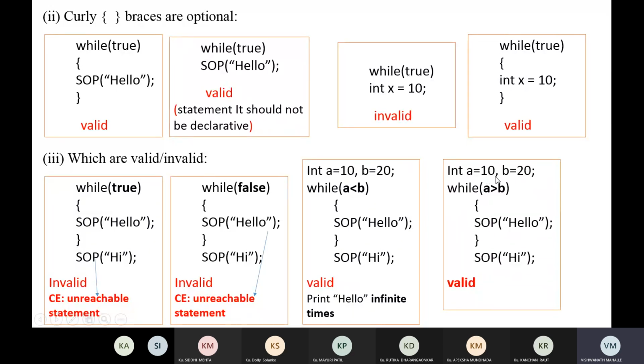Similarly here, integer a is equal to 10, and a is greater than b is false, so hi will be printed. So that is valid. You observe the difference. If you pass a boolean literal, then this will not execute, but if you pass a relational expression, then it is valid and it will execute.